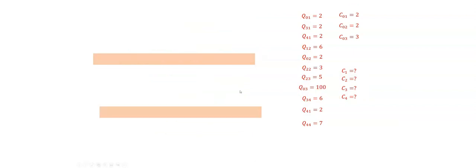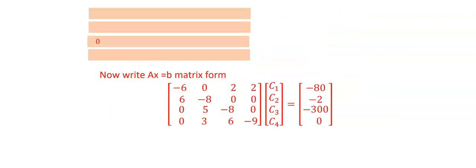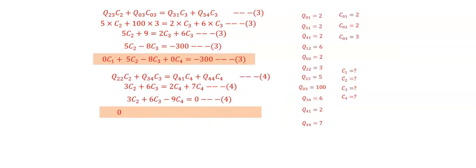Now similarly equations 3 and 4. If we plug in all these values, we get 0C1 plus 5C2 minus 8C3 plus 0C4, because we are putting 0 so it will be easy to write in matrix form, is equal to minus 300. This is equation number 3. Then equation number 4 is 0C1 plus 3C2 plus 6C3 minus 9C4 is equal to 0. Now we have 4 equations